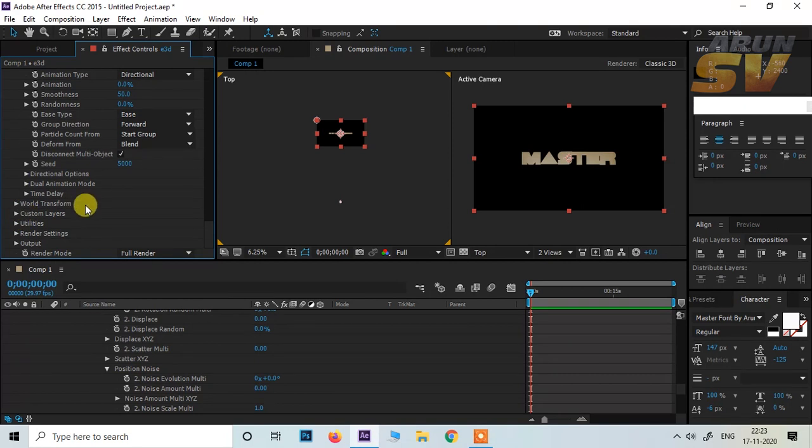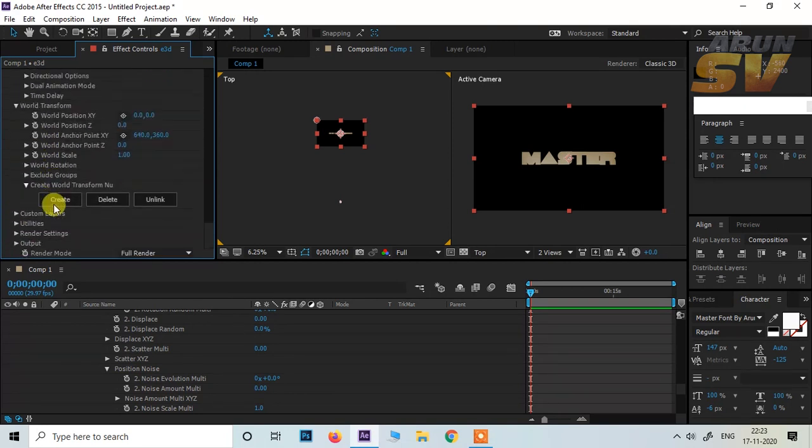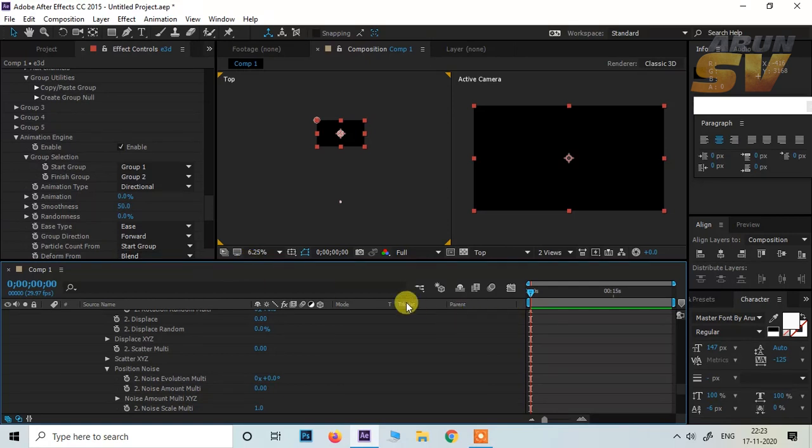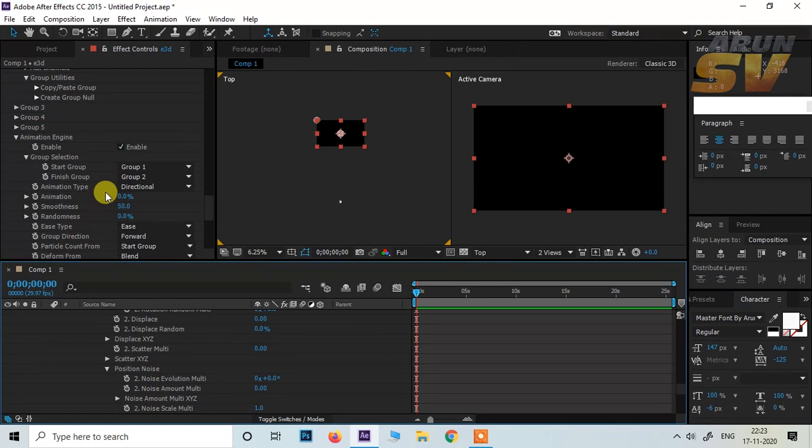Then go to animation engine. And enable the animation engine so that it appears only group 1, because when we animate the animation with the keyframes, we can get the transformation from group 1 to group 2.